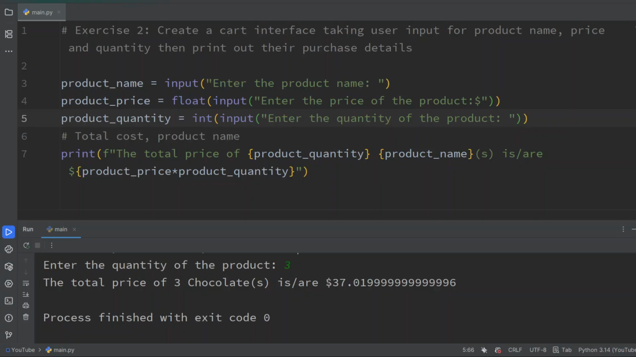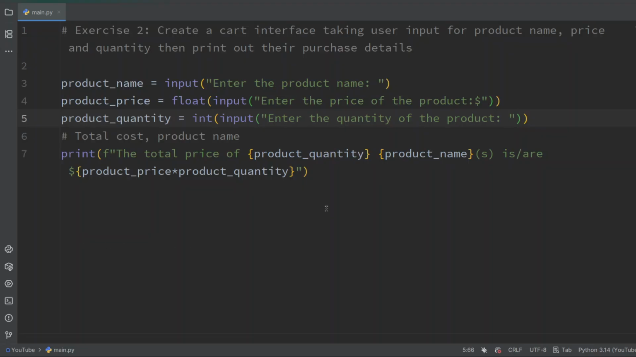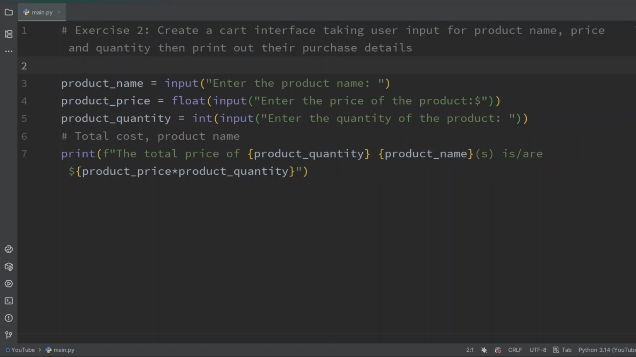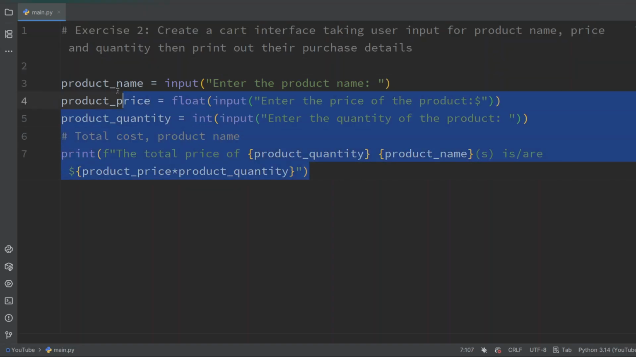12.13, and the quantity is 3, so the total price of 3 chocolates is $37. Okay, so that's the thing we have right here. So this was an overview to see how much we remember about taking user inputs. Now,